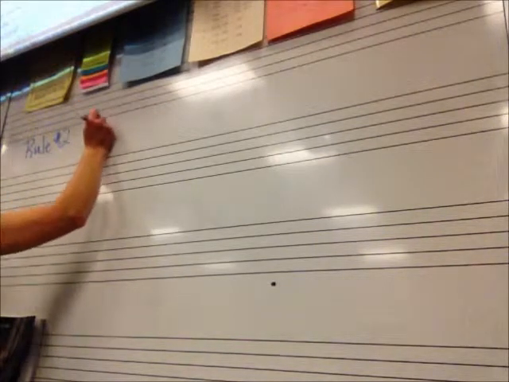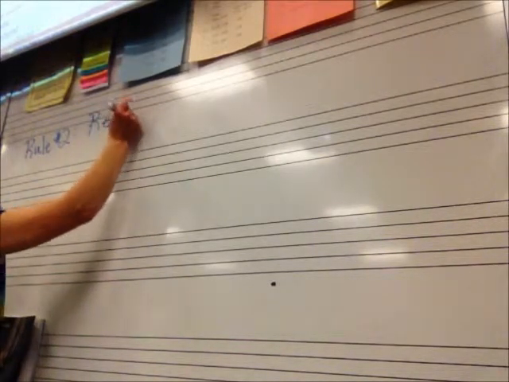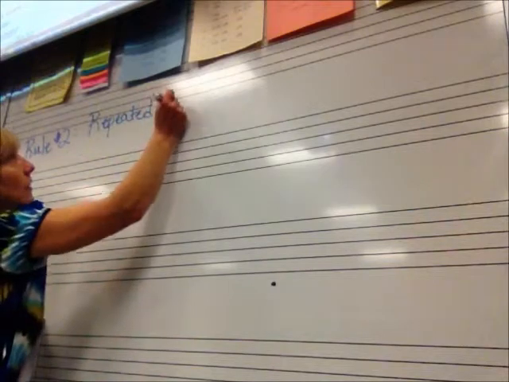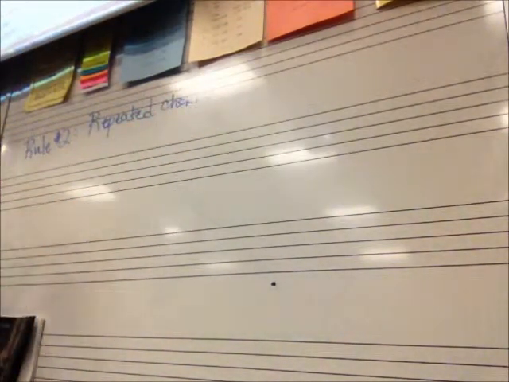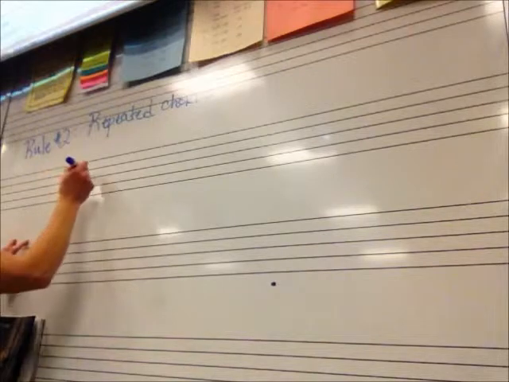Rule number 2 has to do with repeated chords. So if I have a G chord and I repeat and do another G chord, or I have a C chord and I have 2 C chords in a row. When you have repeated chords,